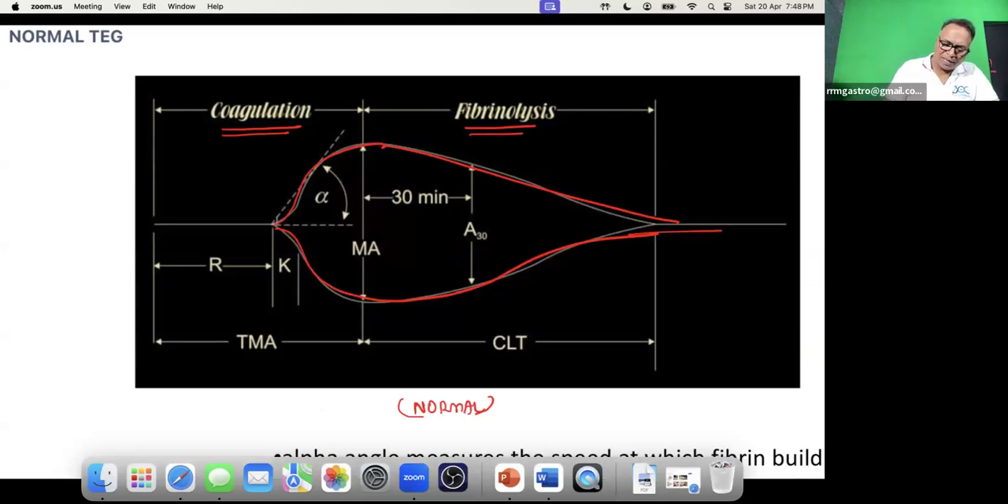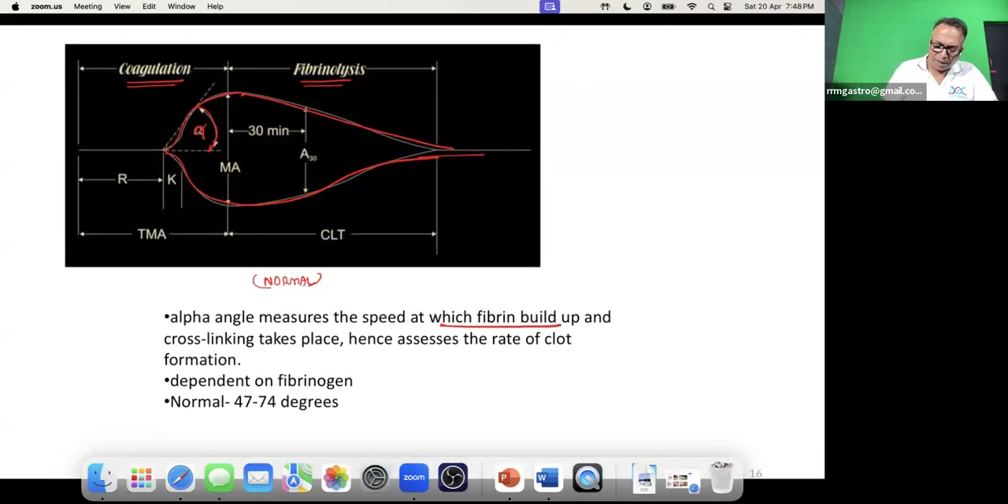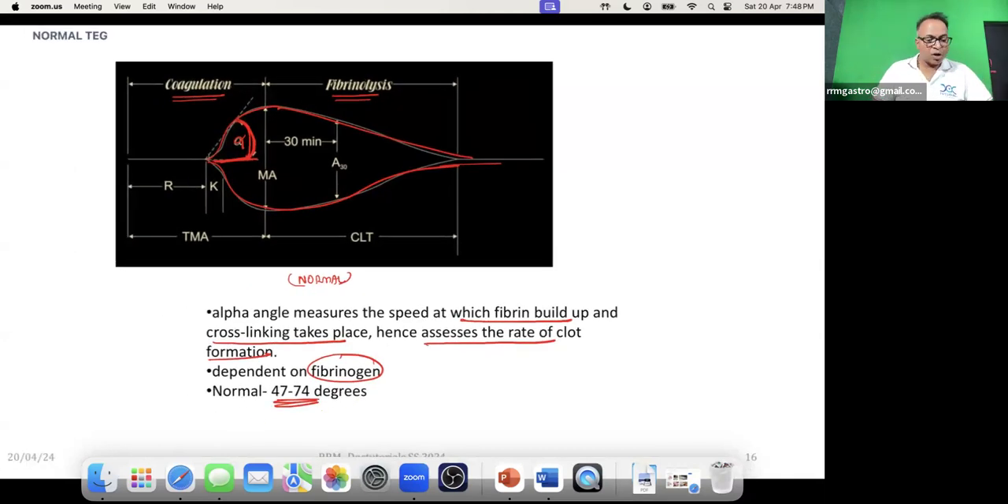And usually in Viva, they will ask, what is this alpha angle? The alpha angle measures the speed at which fibrin buildup and cross-linking takes place, and hence assesses the rate of clot formation. Alpha is the rate of clot formation. It depends on fibrinogen. Normal is 47 to 74 degrees. So this is a normal thromboelastogram. This question is a Viva question